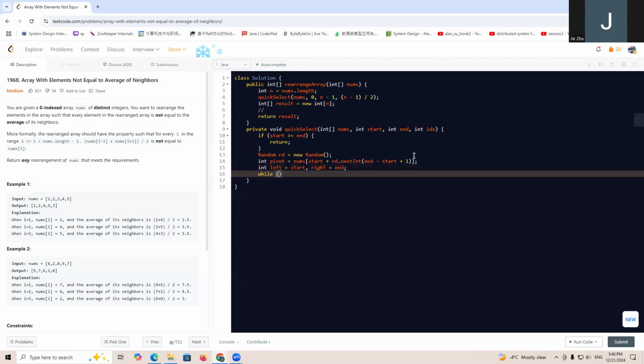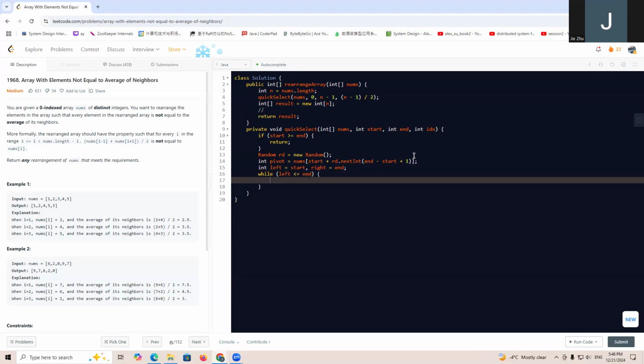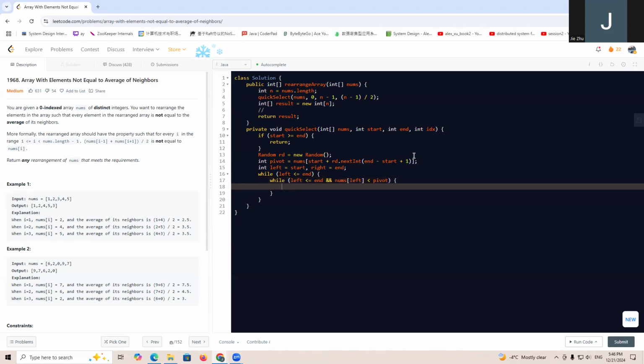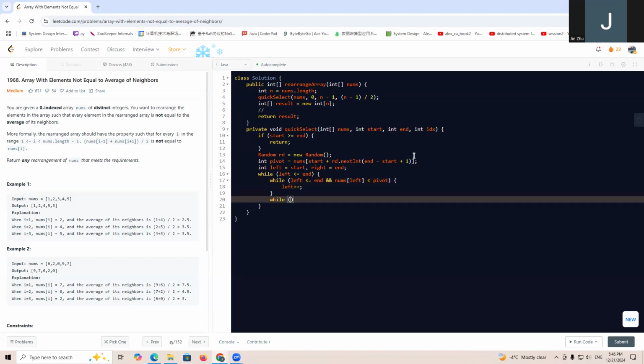While left is smaller than or equal to right and nums[left] is smaller than pivot, we keep moving the left pointer. Then while left is smaller than or equal to right and nums[right] is greater than pivot,